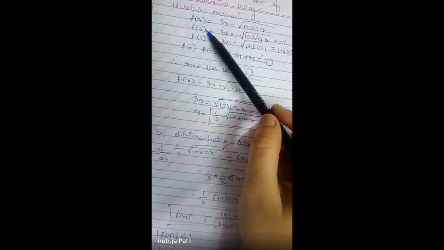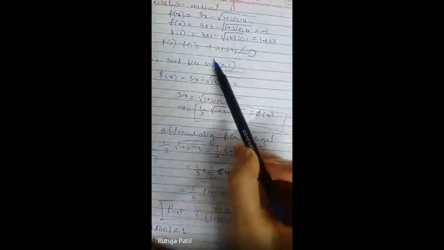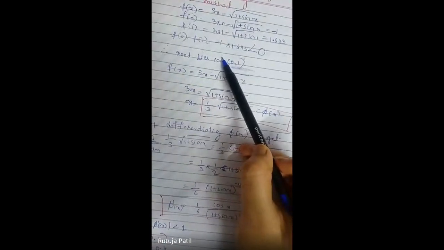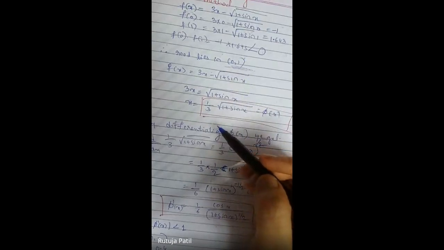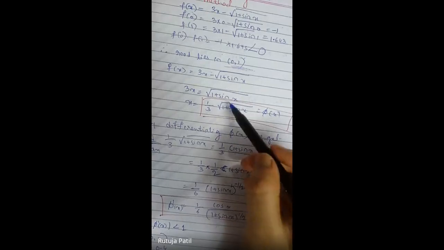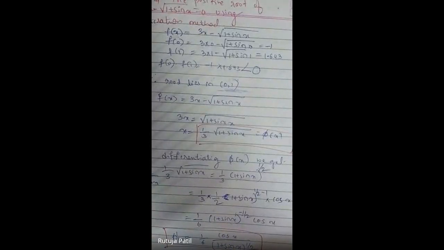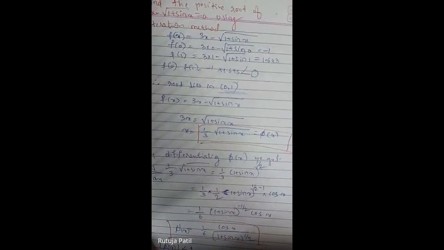So here, which was the given equation for us? So this was the given equation. I had substituted values randomly, 0, 1 like that, and then we found the interval values. After finding the interval values, we have to convert the given equation into the form of x equals to. So we have rearranged the given equation, and we have found the value of x equals to.